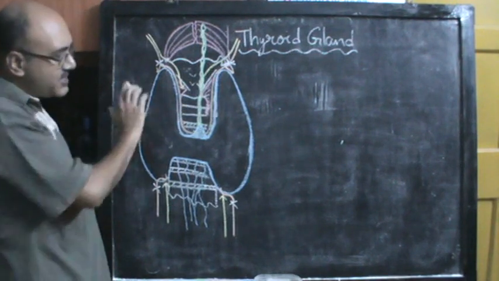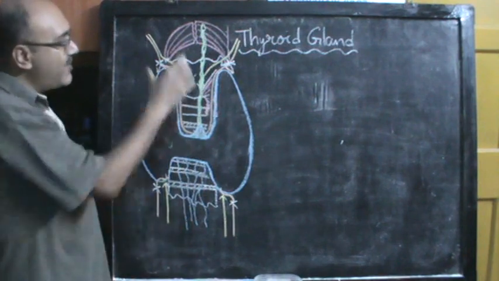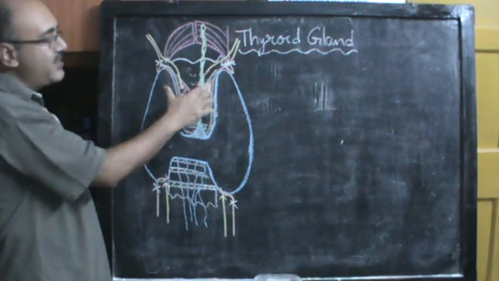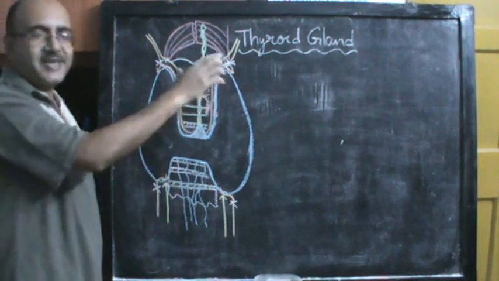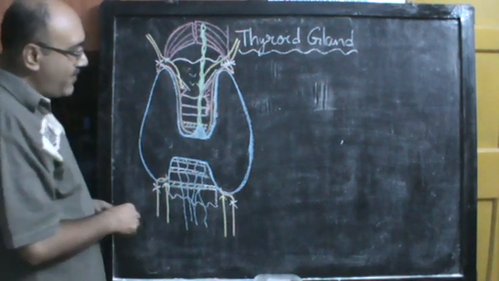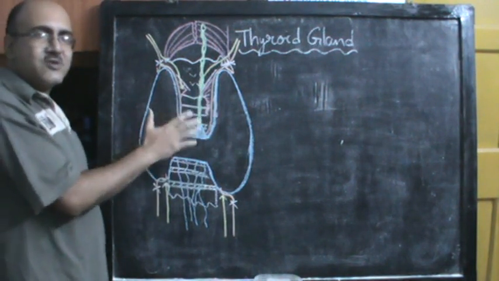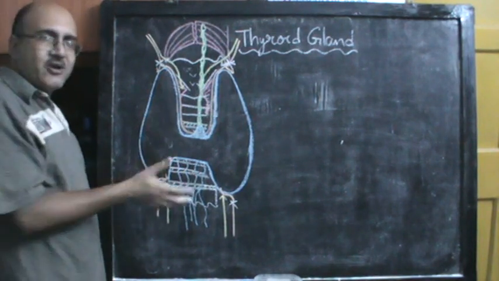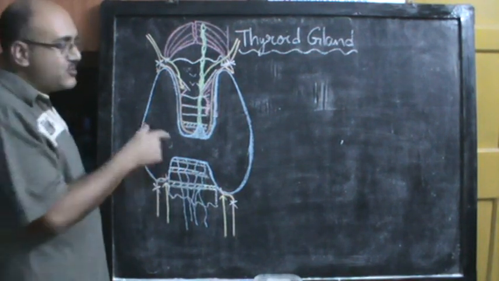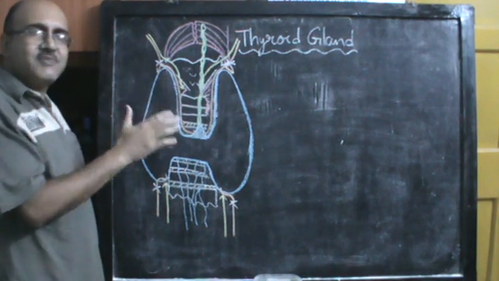So all these things you can see from the frontal view of the thyroid once you have placed the thyroid gland on the thyroid cartilage, cricoid cartilage and the upper trachea. Now when you actually look at the neck, you cannot immediately see the thyroid gland. So it is not that directly in dissection you can approach the thyroid gland. Dissection of the thyroid also is not a very easy job. So how are you going to come to the level of the thyroid gland from the skin of the neck?